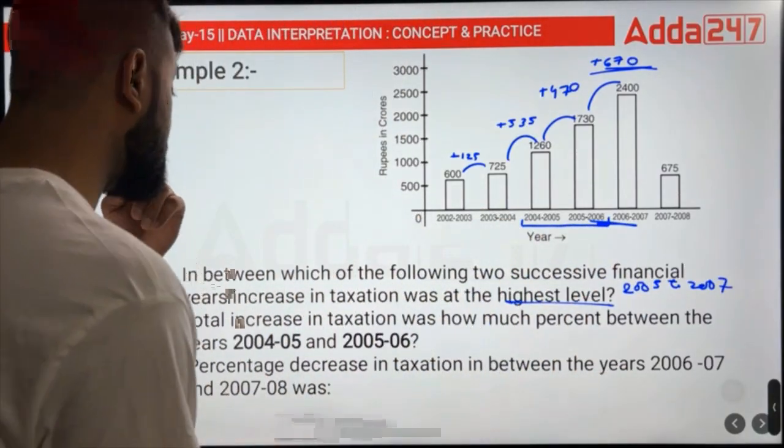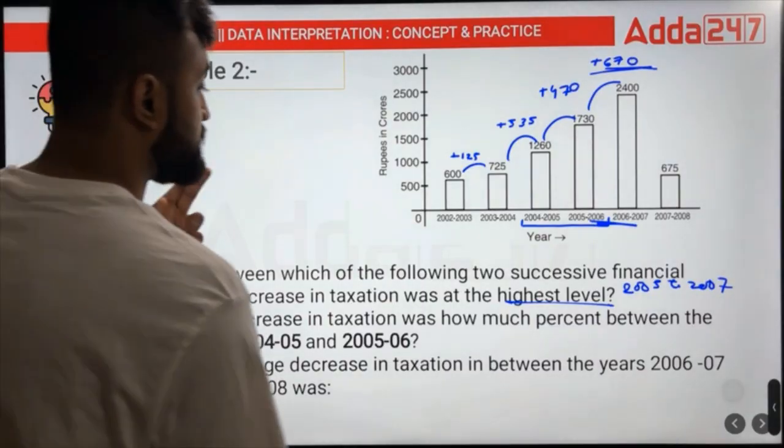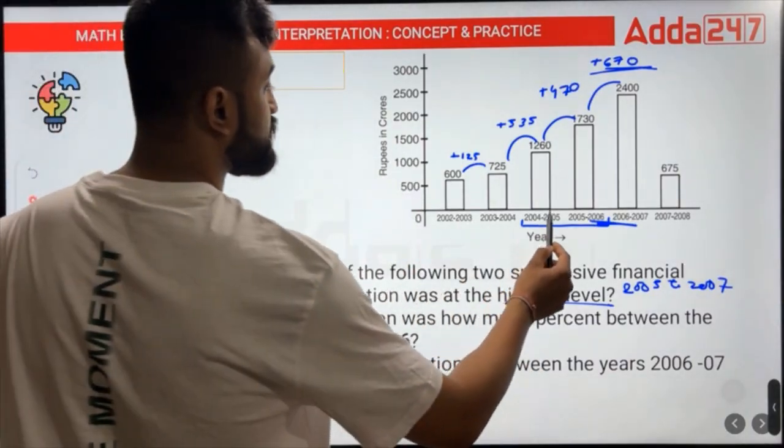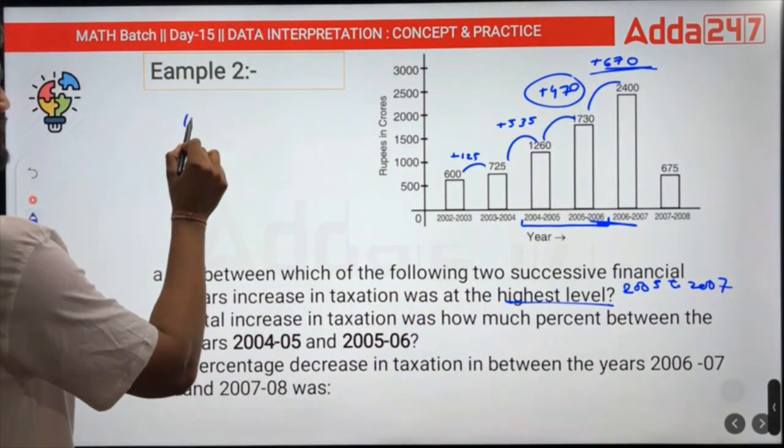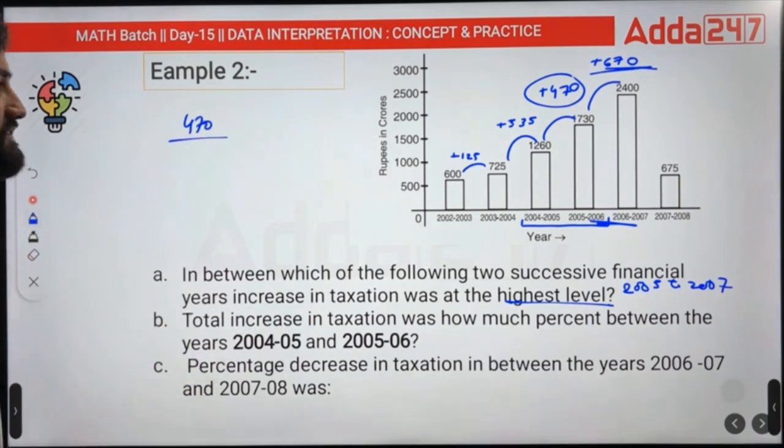Okay, they are asking the total percent increase in taxation. How much was the increase from here to here? Sir, I can see a 470 increase. Okay, perfect, 470. Out of what, sir? Out of,